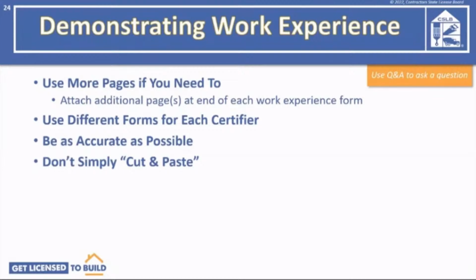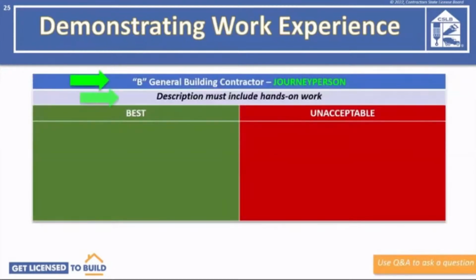Make sure the person certifying your work describes the actual work you performed and the dates in which you performed them. We will now share some examples of both good and unacceptable descriptions to demonstrate work experience. Do not copy and paste this information directly into your applications. These are just examples. At the top of this chart is the classification and type of experience you're trying to